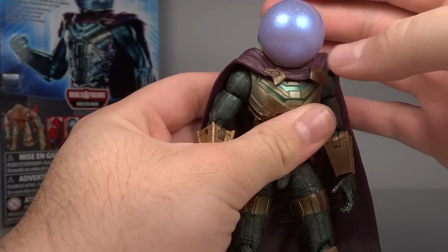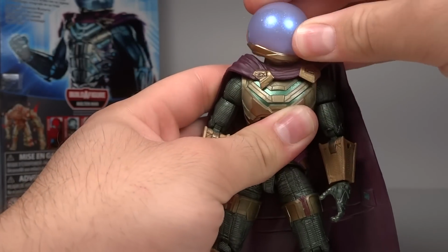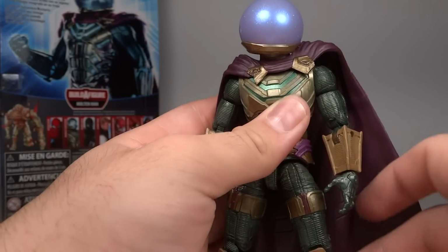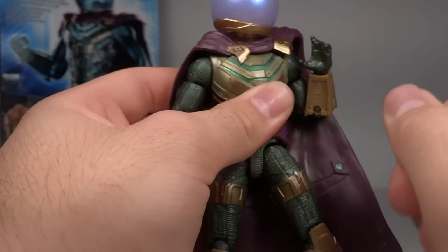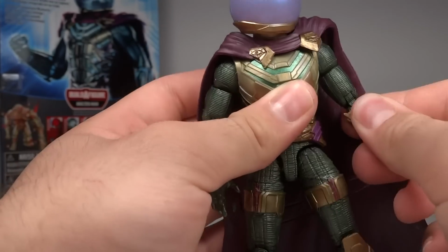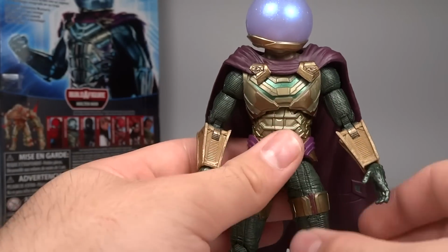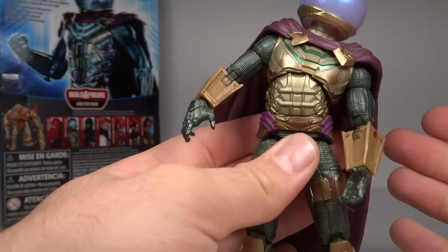as a hinge, so he can look down about this much, can look up about this much, and then of course side to side, and it does tilt pretty nicely. He's got ball hinge shoulders with a bicep swivel, double hinge elbows, which is really nice and really gives you a strong bend, even with the gauntlets, because of course, like I mentioned, the joints are kind of sculpted into the gauntlets as well. He's got hinge swiveling wrists, ball jointed upper torso, which has a nice range, as you